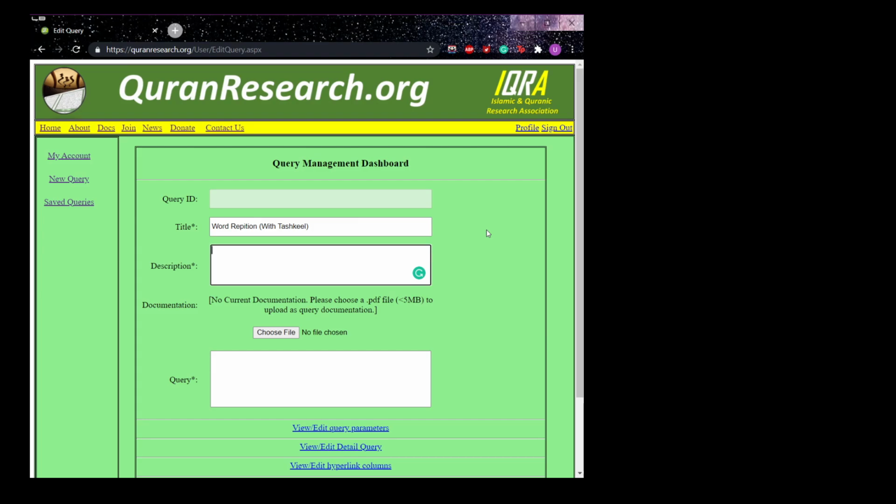But the description should tell us how the query runs and all the features of the query so that it makes more sense to the user when they're actually reading it. And so that they actually know everything that this query can do. Because you might have added one, two, three, four hyperlink columns, a parameter, a detail query. But if the user does not know how to use them, how to access them, right, then all your work is fruitless, you know? So make sure you have a description, make sure you tell all the parts of your query. So you can say,